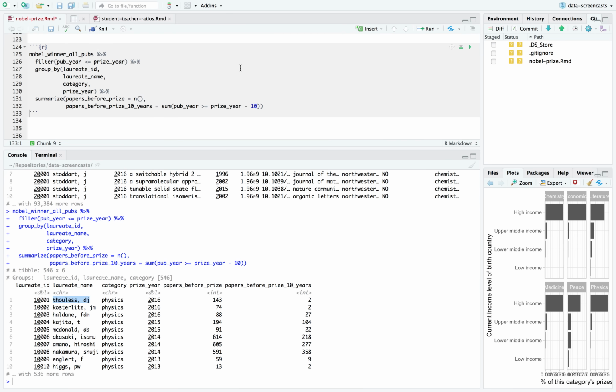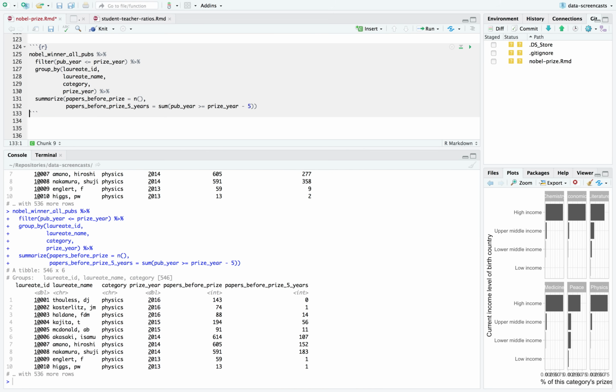Another way of viewing it, other than papers in the last 10 years, which is kind of a has-retired metric. Honestly, let's do last 5 years. I think that'll be pretty clean. If someone goes 5 years while publishing 0 to 1 or 2 papers, it's probably a really good bet that they've retired, especially someone as prolific as some of these authors. So this will be kind of an is-retired metric. All right,